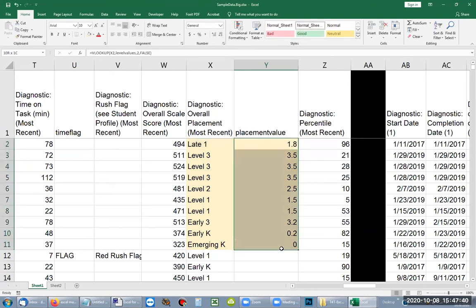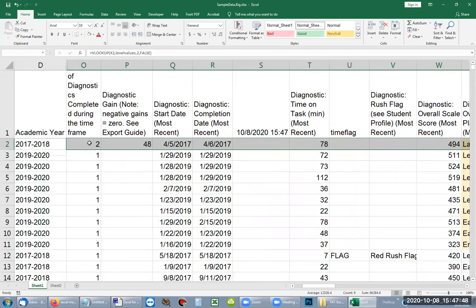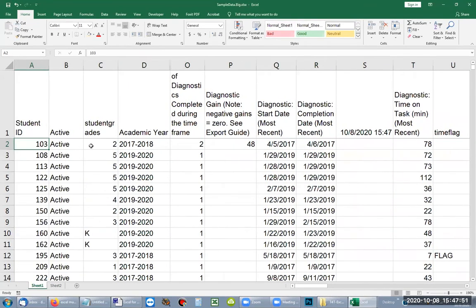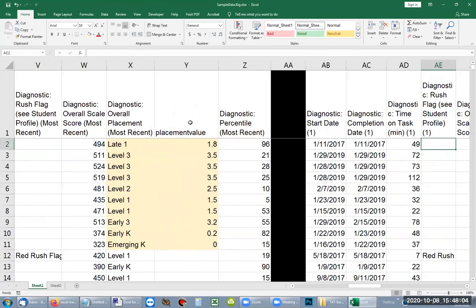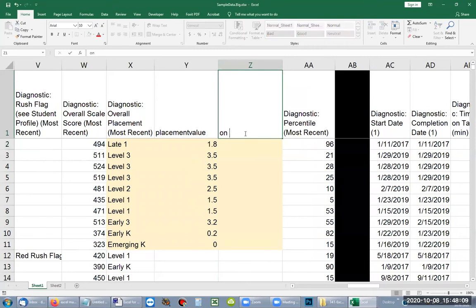And in this case, since we've converted into a number, well, now we've got a number for the placement value, and we've got a number for the grade level over here, wherever it is. There it is. So all I have to do is compare them. Is the placement value a higher or lower number than the student's grade? Let's just do that. Insert. So on grade level, and I'm going to, okay. So let's find out. Equals